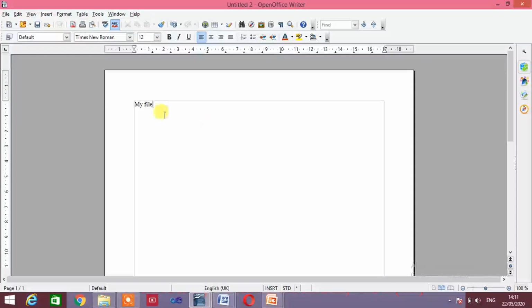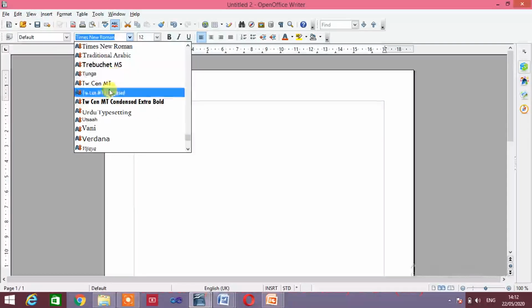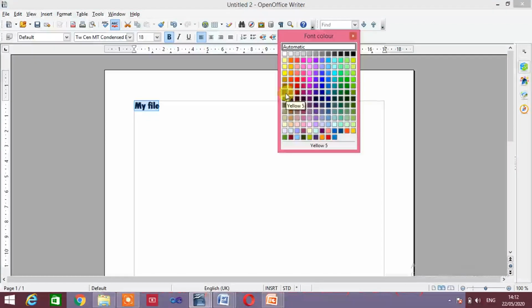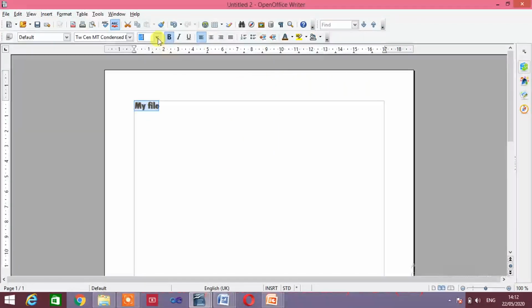Now I'm selecting the word my file and here I'm going to change the font name and font size. I'm making it bold. I'm changing the color. I'm increasing the size to 28. Okay, now this is a style which I have applied to the particular word. By this style I want to create a new style using the drag and drop option.